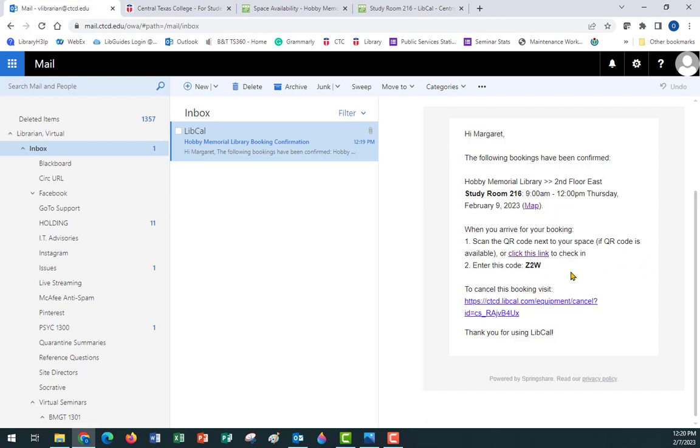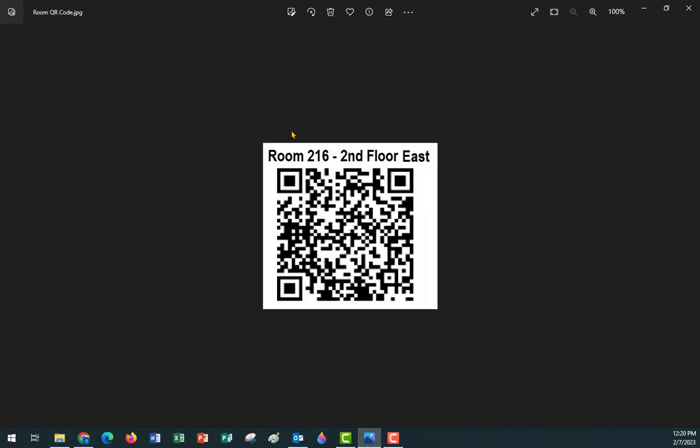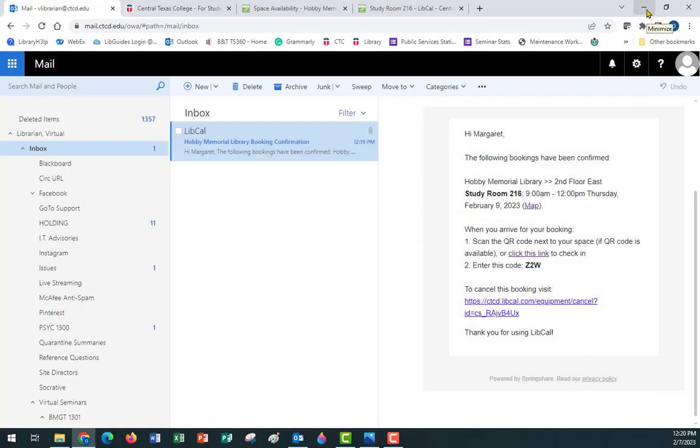And then when I come into the library, I'll still need to stop at the circulation desk to check out the room. When I get up to the room, right in the window, there will be a little QR code right next to the door. And I'll just take my cell phone, scan the QR code, and it will have a link that I can then tap,